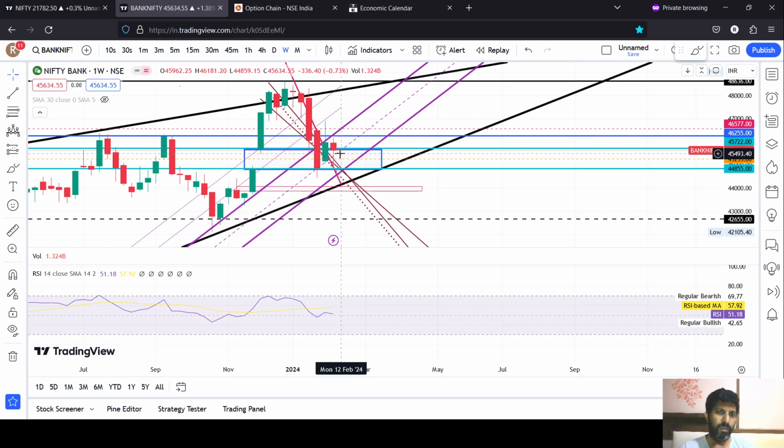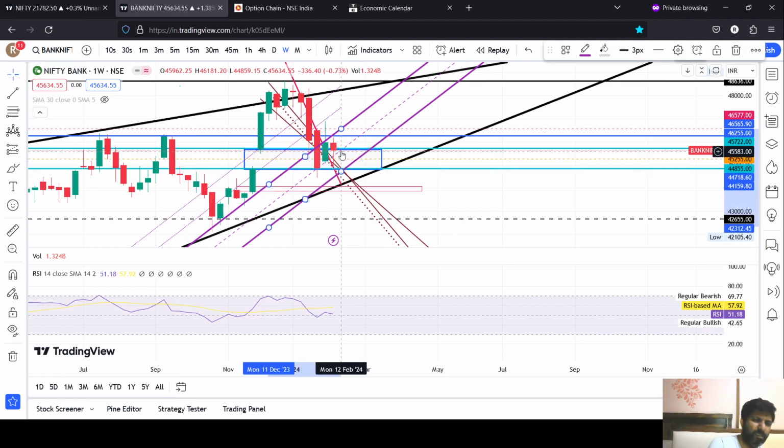So this week, if we do not cross the current week's high, then there's a good chance that we may close below this current week's lows. And if that happens, then everyone who has purchased here, all the buyers here, as well as all the buyers here, will get trapped, and we may see some